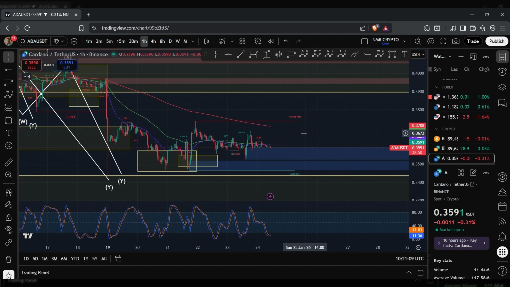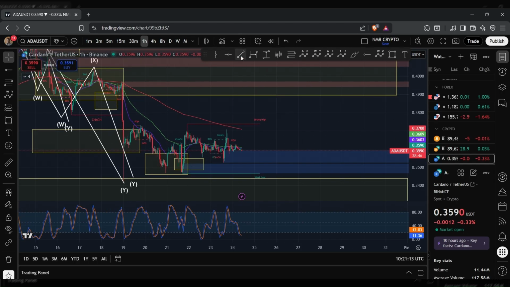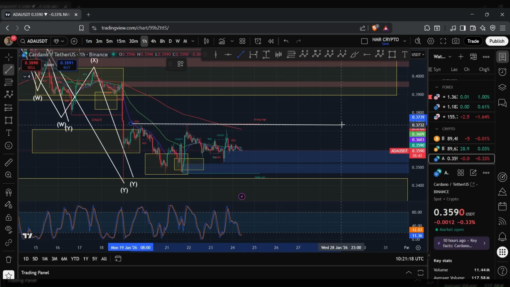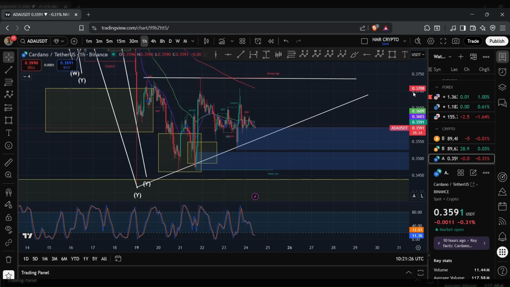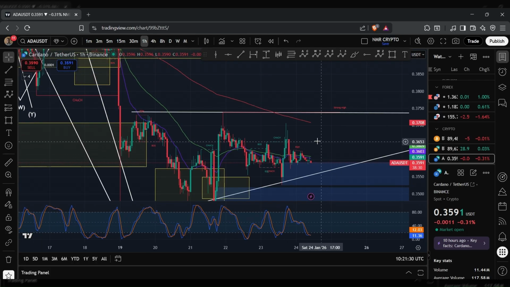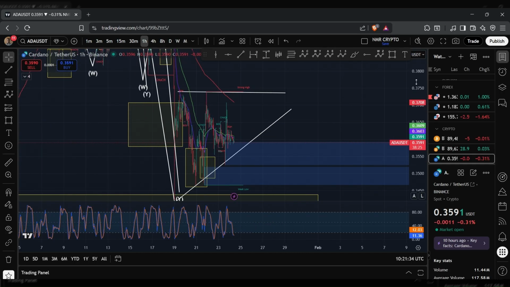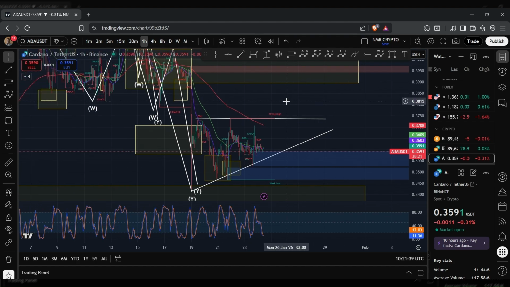Now, over the past week or so, within this whole move here, it looks like what's forming at the moment is a potential ascending triangle pattern. So if I draw in the upper trend line and the lower trend line, like so. And so in essence, what you can see is the price of ADA has been finding support at the lower trend line, whilst at the same time getting rejected at the upper trend line. And usually, whenever you have an ascending triangle pattern that forms, that signals that we are bullish and we could